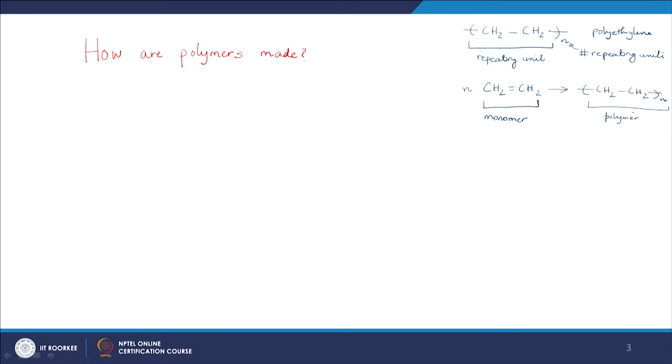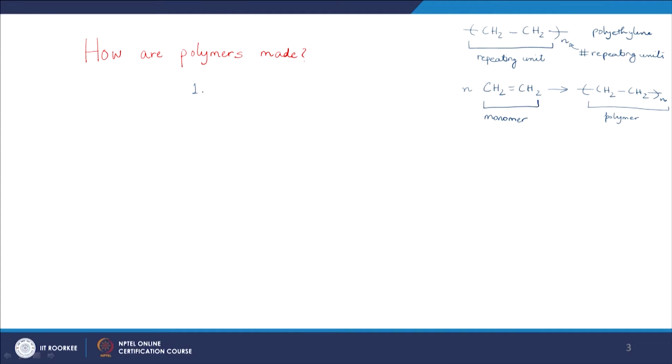Very often people use the words monomer and repeating unit interchangeably, but keep in mind that when we say monomer, this is what we use to make a polymer, and when I say repeating unit, this is how it appears within the polymer chain. There are two major ways to make a polymer. One of them is addition polymerization,